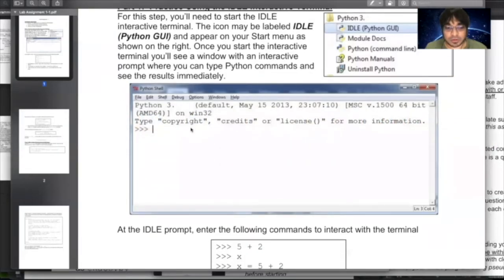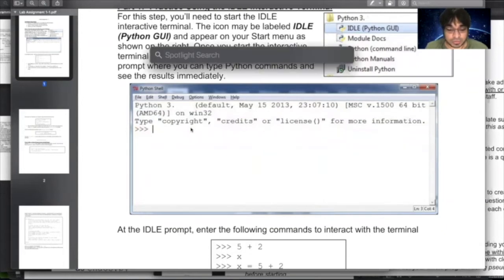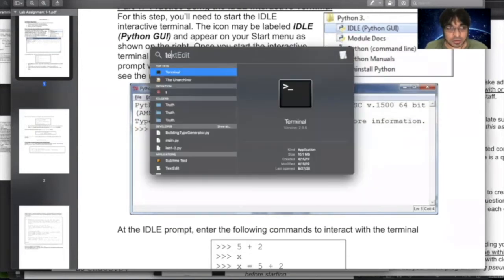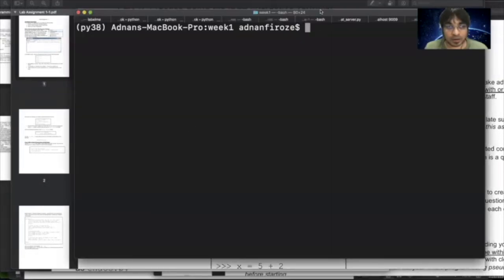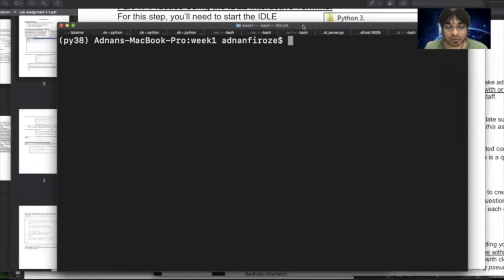But I use a Mac, so I'll resort to the Mac. If you're using a Mac computer, you go to the terminal, and in your terminal, you type in idle, hit enter.